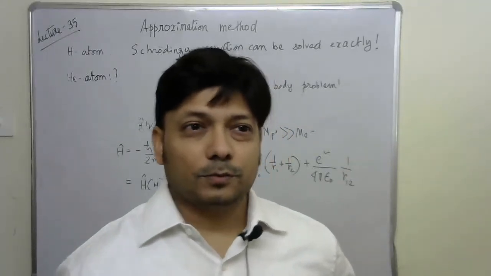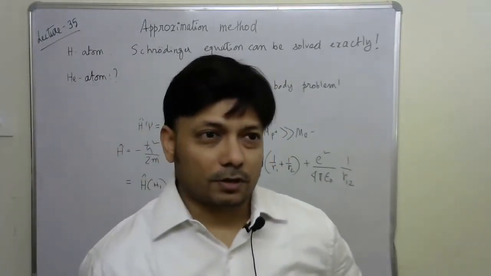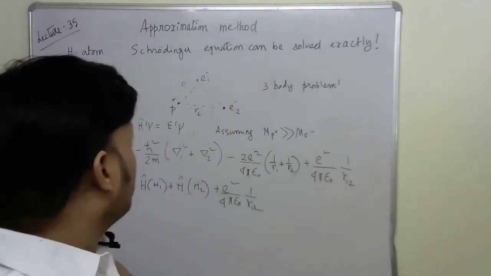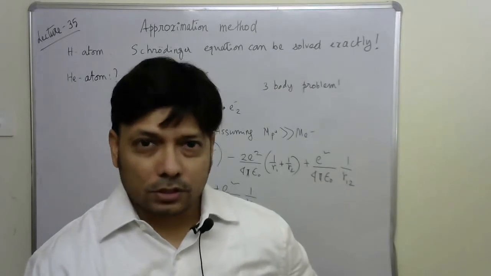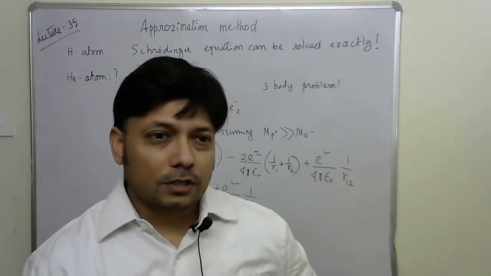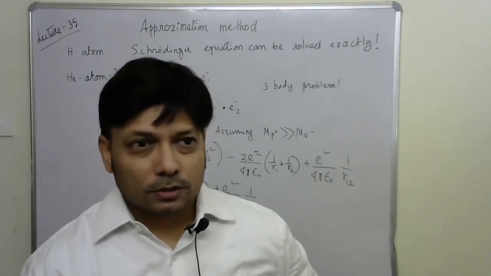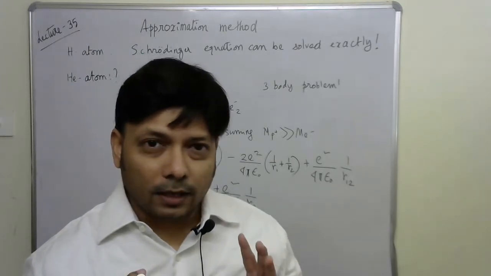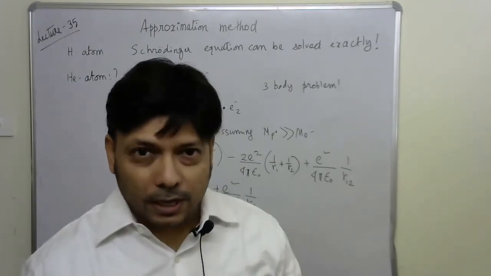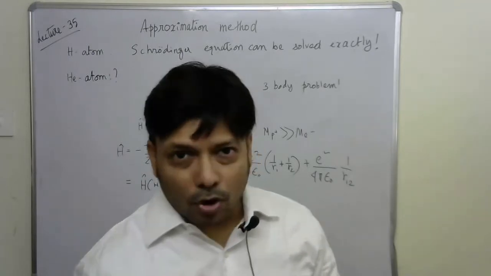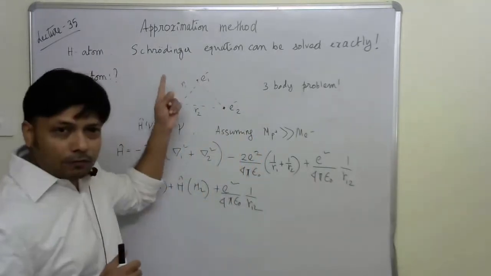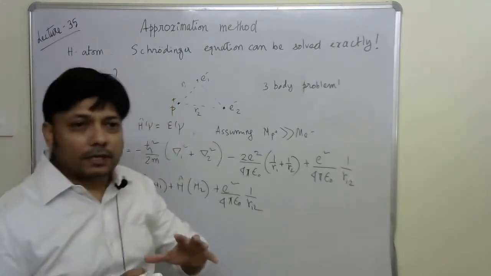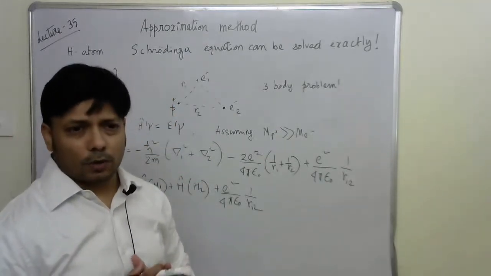Hello and welcome to the 7th chapter and also lecture number 35, where we will begin a new chapter called Approximation Method. So first we are going to take a look at why, in the first place, we require an approximation method. So let me first tell you that for the hydrogen atom we have solved the Schrodinger equation exactly,